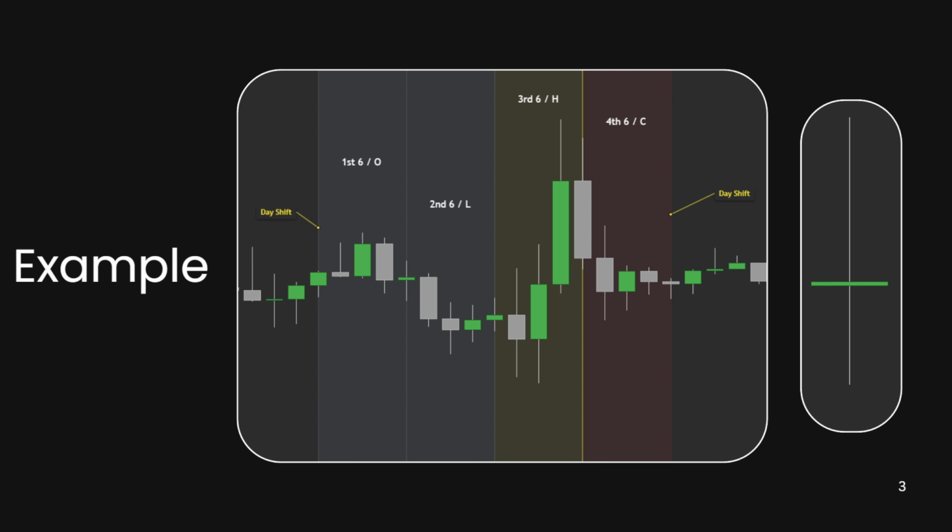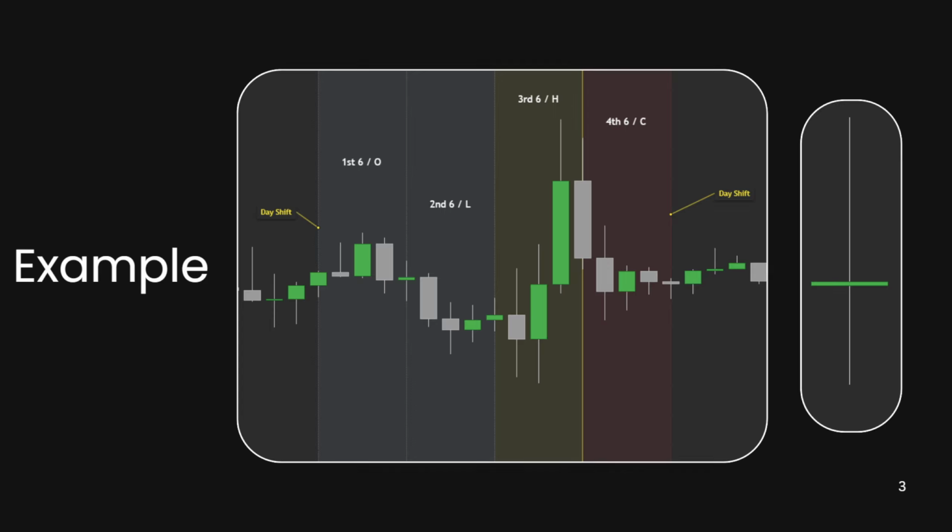So, guys, here we have an example. This is one daily candle. If you go on the higher time frame, just on the daily, this is the daily candle. And this is what happened here. We first started off with our first 6 hour candle, and that was the opening range. We had our second 6 hour candle, and that was the low. So what are we doing? We're doing open, low, high, close. We had our third 6 hour, which is the high. So Jay, do you want to take us through this?